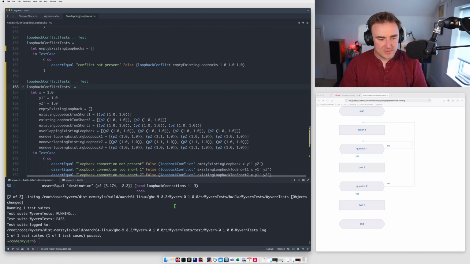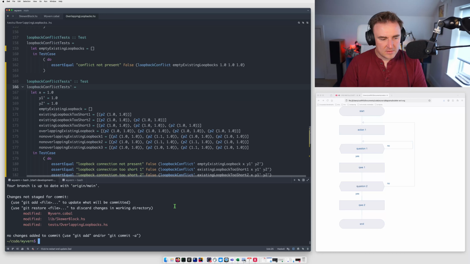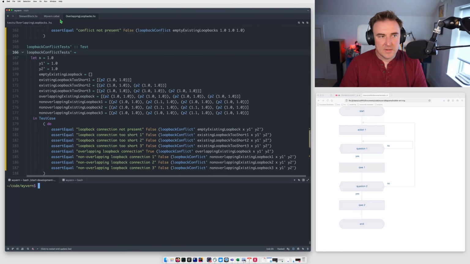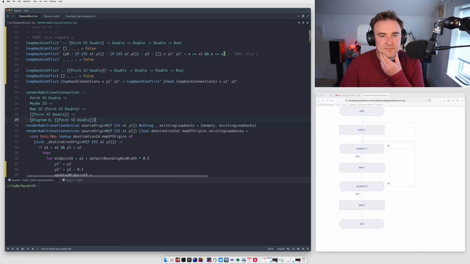So it wasn't too bad. Now let's visit the code again. And now what we want to achieve is another condition. So in our case, y1 is this. So we want to make sure that